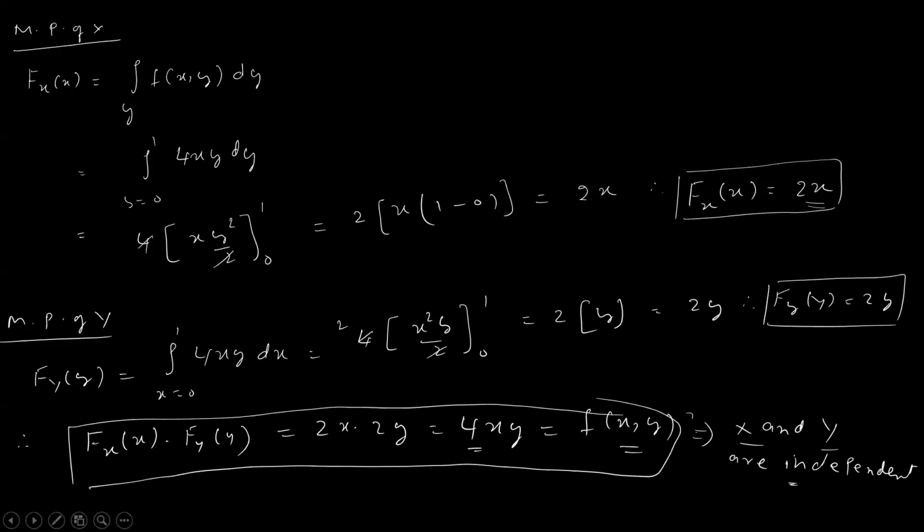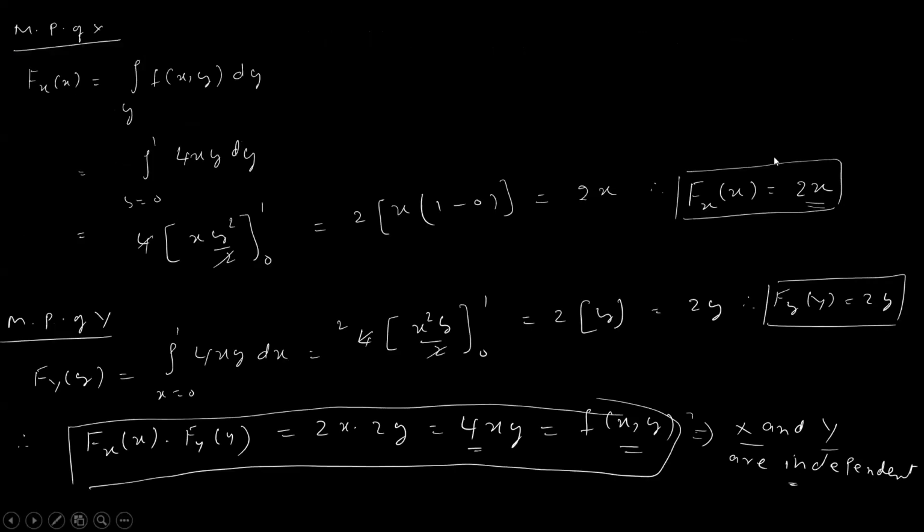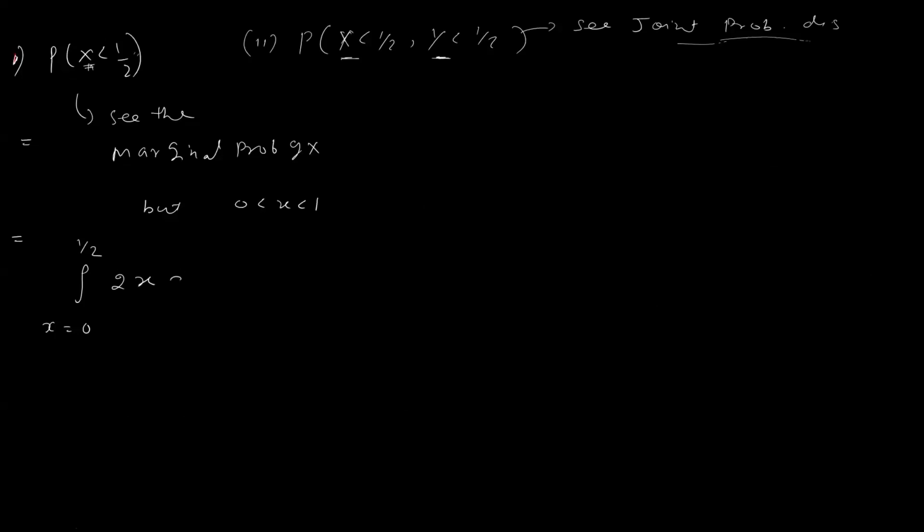So what you have to do in this case? x less than half, x is less than half, but the range given for x is up to 1. But now you are finding the limit only up to half. Alright, so how will you find this? The x value will start from limit 0 as in the problem which is given. It is not going up to 1, it is now stopping at half. So this will become half, and then you have to put the marginal probability value of x, which is 2x, and then integrate. That is the only part you have to do.